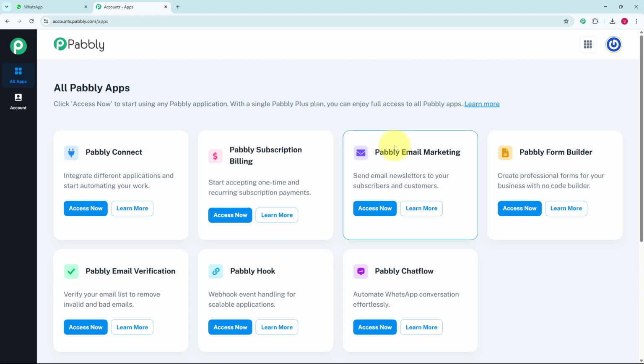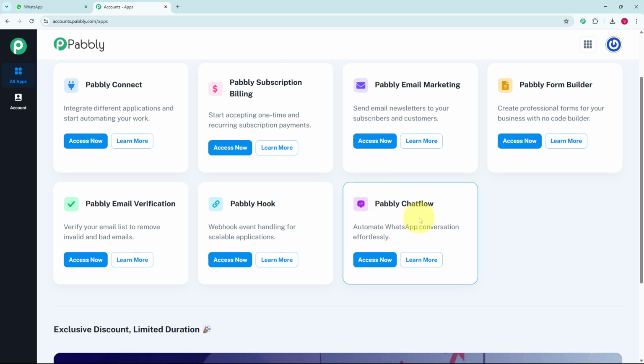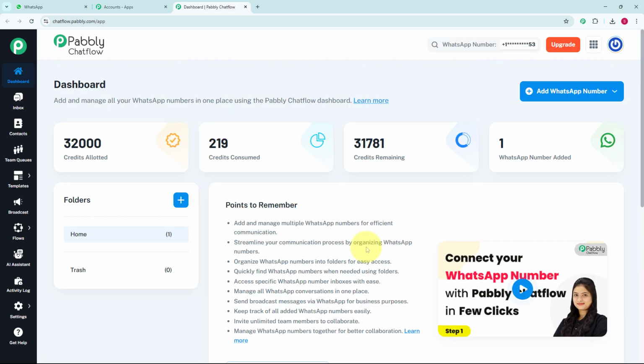are the apps provided by Pabbly. You can access any of these apps according to you, but for creating a chatbot, we just need to access Pabbly Chatflow app. In this Pabbly Chatflow app, here you can see we are getting 2 buttons, that is access now and learn more. For accessing the Pabbly Chatflow, we just have to click on access now. Once you will click on access now, you will get this dashboard page of Pabbly, and here you can see